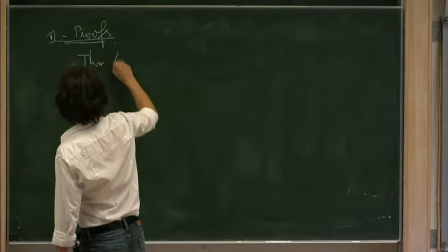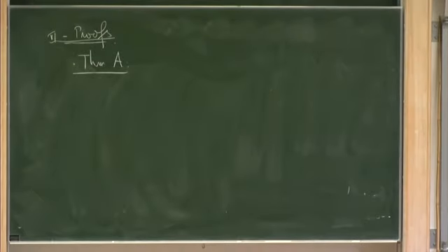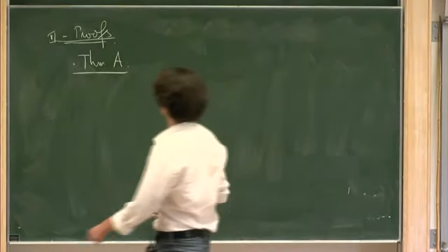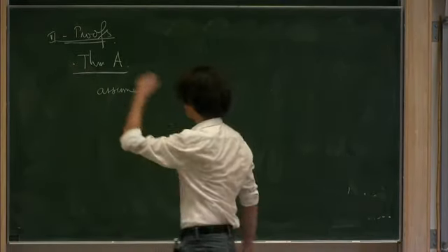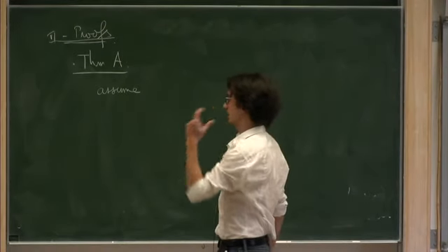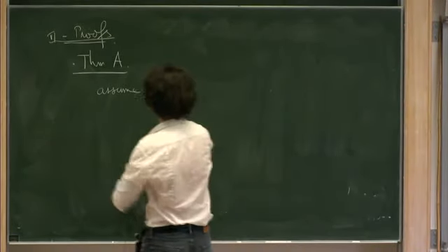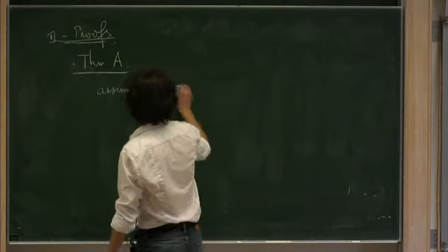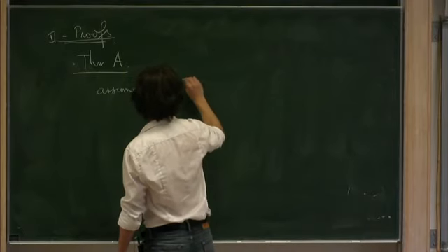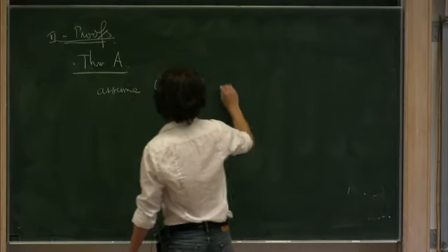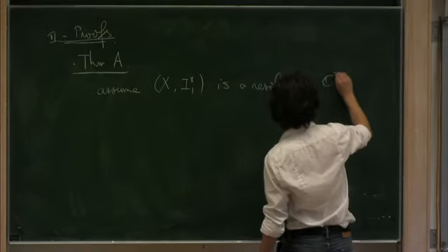So I start with theorem A, and to begin with, I consider the case where the ALE instanton is a resolution of the Kleinian singularity C2 mod Γ. So assume X is a resolution of C2 mod Γ